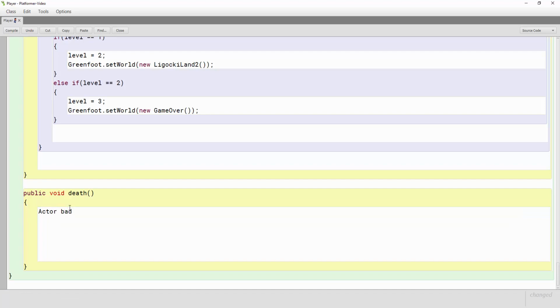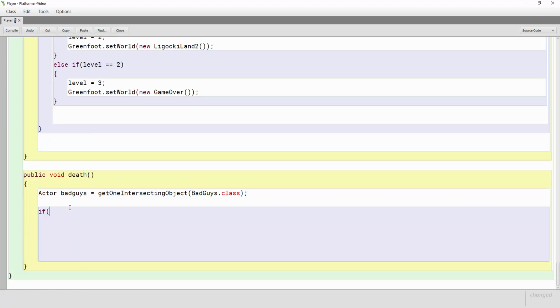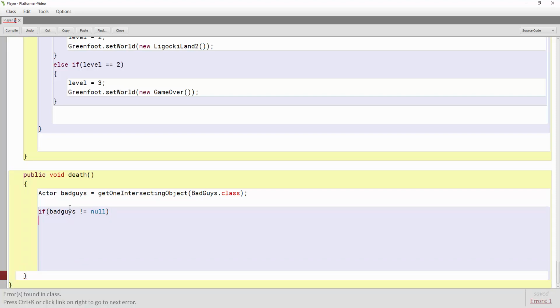Actor, bad guy, equals get one intersecting object from the bad guys class. This. So that means any bad guy I hit, it's going to look for that. Now, let's write some collision code. If the bad guys are not null, again, that means I'm hitting them. What I want to do here